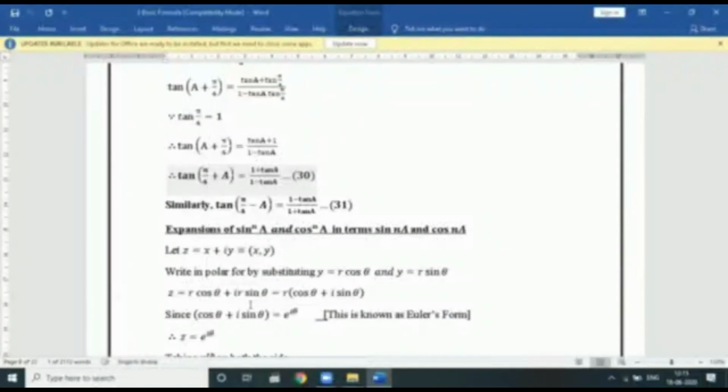Suppose that you want to integrate sine raised to 4 theta. So what will we do? Sine raised to 4 theta can be written as sine square squared, then replace the sine square formula, and once again the sine square formula, then open this bracket. This is one of the methods. But if you have any other technique, directly expand sine raised to 4 without substituting sine square, that will be better. This topic, the expansion of sine raised to n and cos raised to n, we will discuss in the next lecture. Okay, thank you for listening to this lecture, and I hope this is beneficial for you. Okay, thank you.